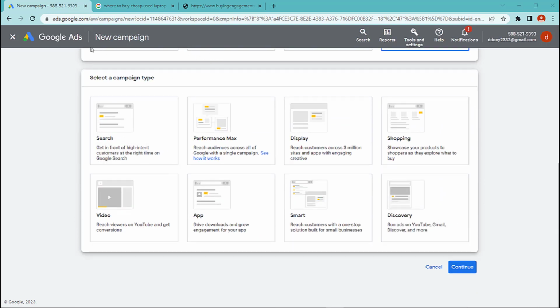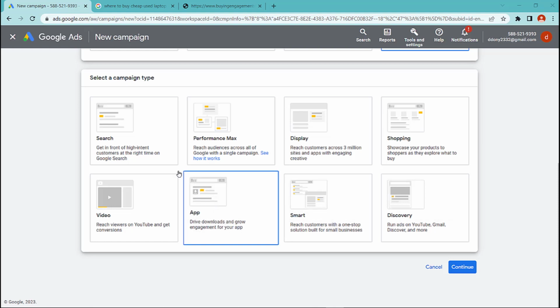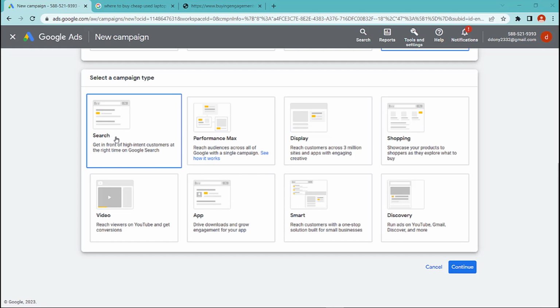Okay, select a campaign type. Campaign types in Google Ads are different ways you can advertise on the Google network. There are several different campaign types available, including search.